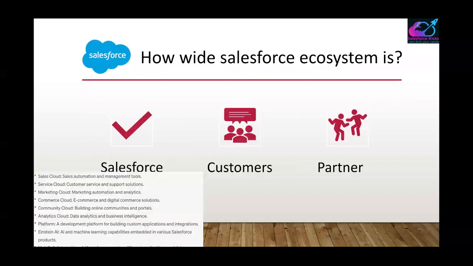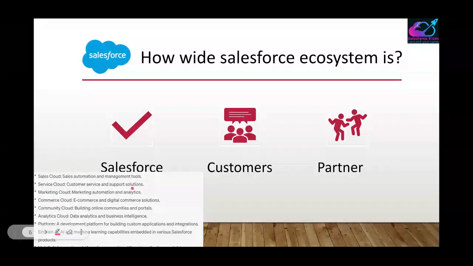Next, how wide is the Salesforce ecosystem? In this we can say Salesforce has three things: Salesforce itself, a diverse community, that is the customers, and multiple partners. That means Salesforce has different clouds. We can see there is a Sales Cloud, which is sales automation and management tools, then a Service